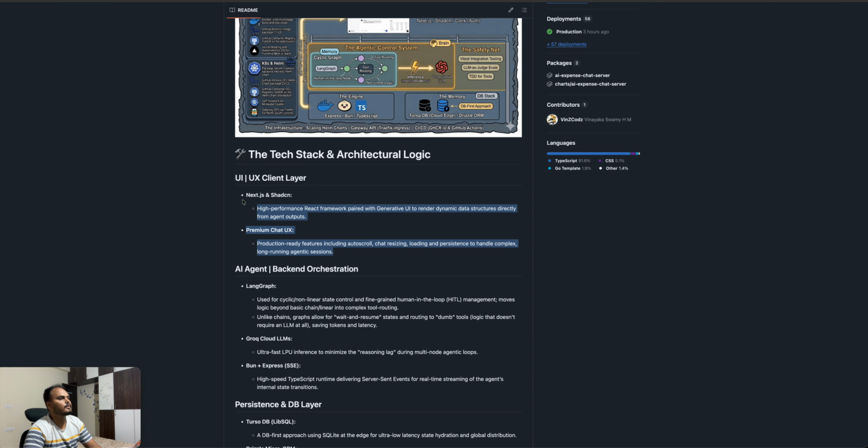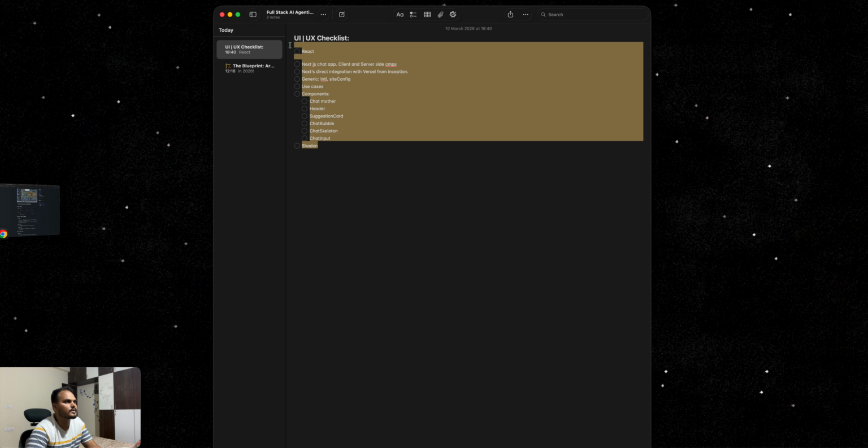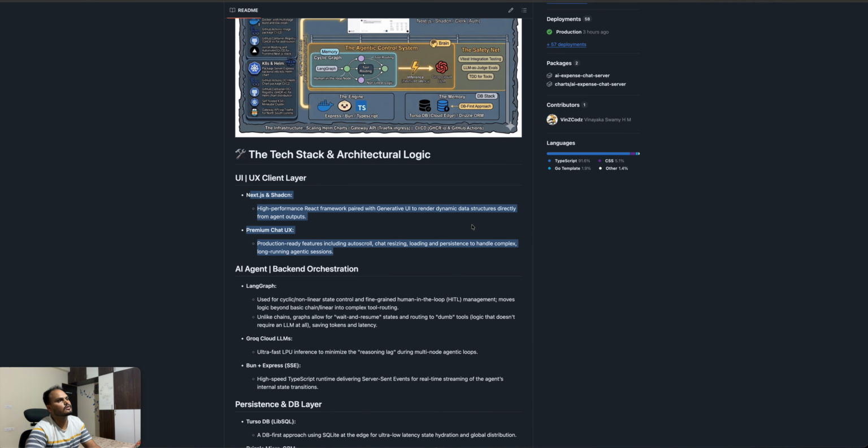Most of the applications where you use a chat kind of feature, most of the things are out of the box. You could try making use of them, and only the things which are very specific to your use case, you try to make on your own. So reuse as much as possible, commit as soon as you make the changes and see that in production, and have a bare minimum checklist of the stuff that goes into making a UI UX. Then you will be done with having a UI client layer ready. So that's all about making a UI layer. See you in the next